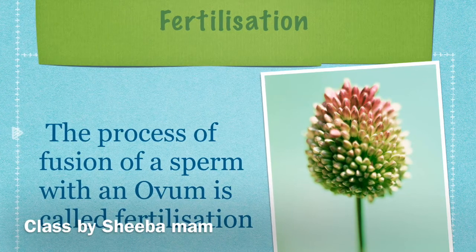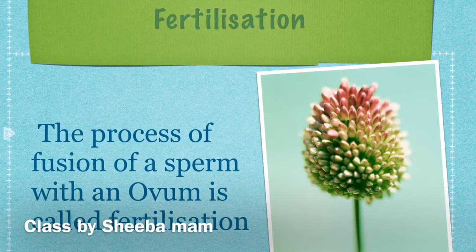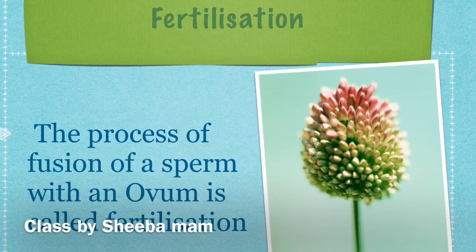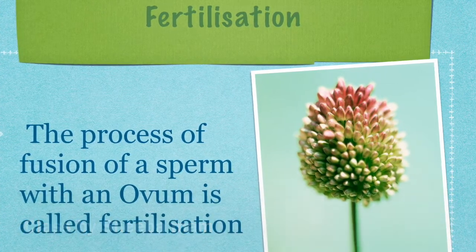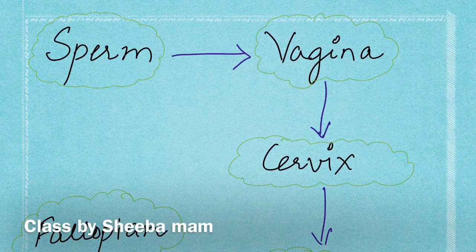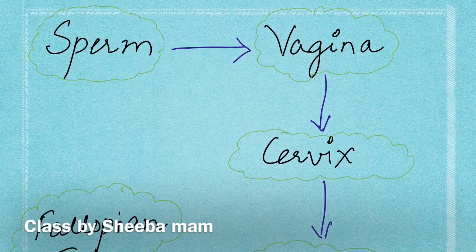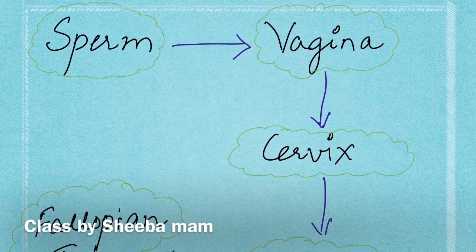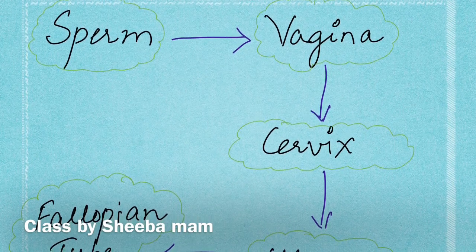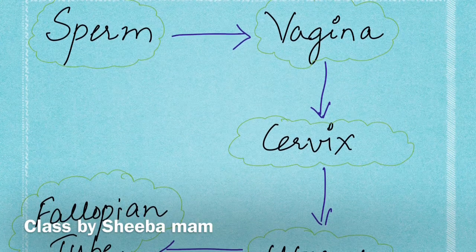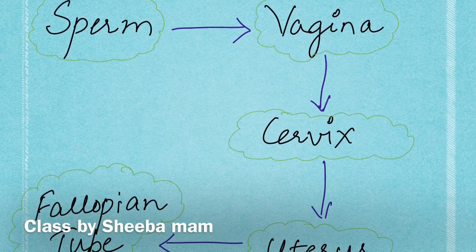So having understood about the structure of an ovum, let us now discuss fertilization. What is fertilization? The process of fusion of a sperm with an ovum is called fertilization. During copulation, semen is released by the penis into the vagina. The motile sperms swim rapidly through the cervix, enter into the uterus and reach the ampullary isthmic junction of the